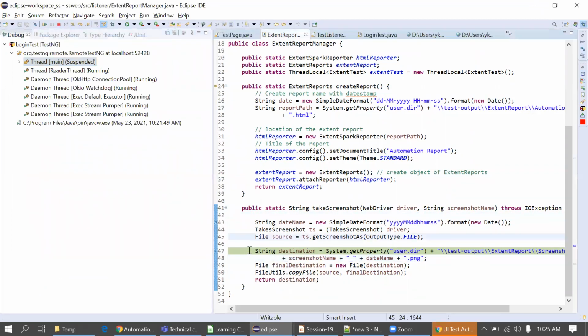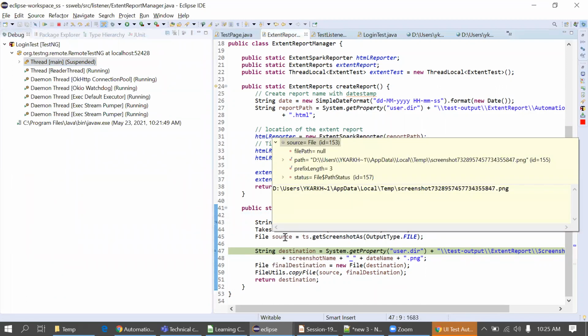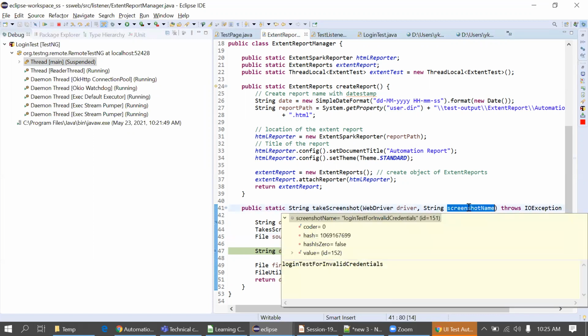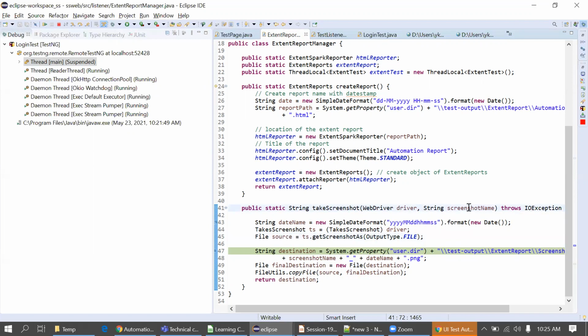Forget about that part. I will just explain it again. Now consider we are just copying a screenshot from one position to another position. Actually, we have written this in the listener. So in the listener, we are just taking the test case name as well, and we are passing it here as the screenshot name. So you got how to take a screenshot. Then I can go ahead and implement the listener, and then again I will debug the code, and I will come back here, and then you can ask the question.